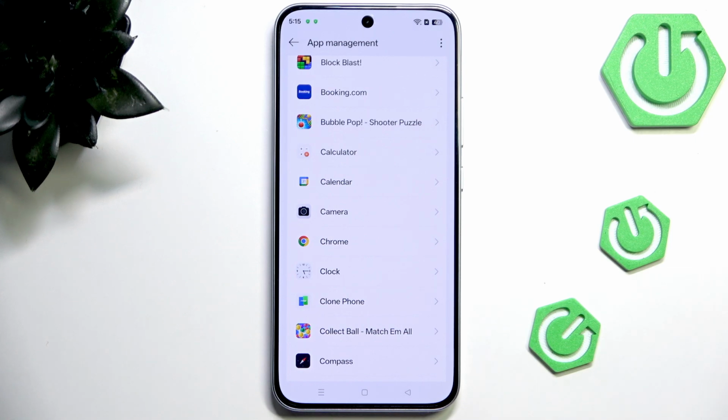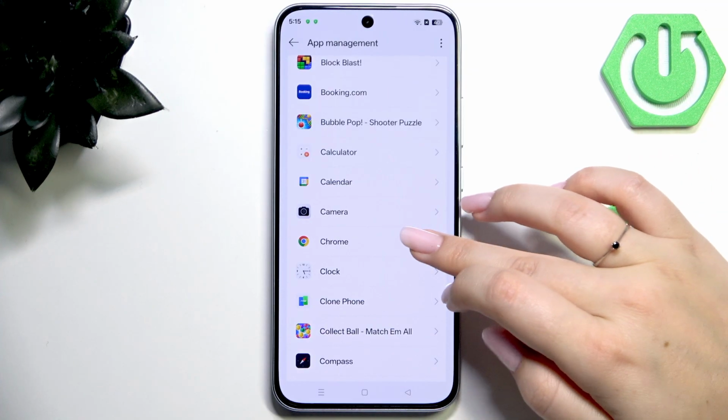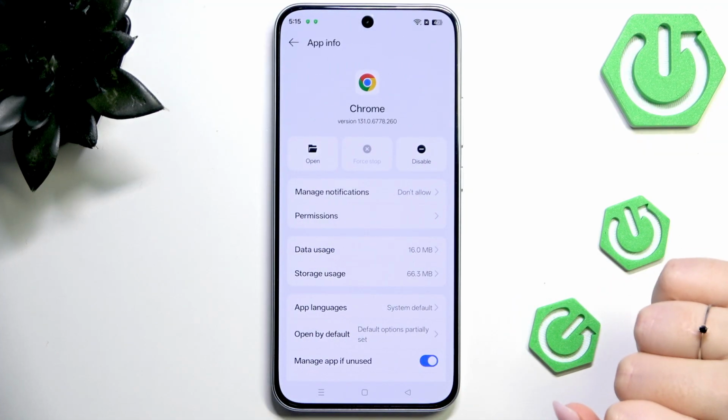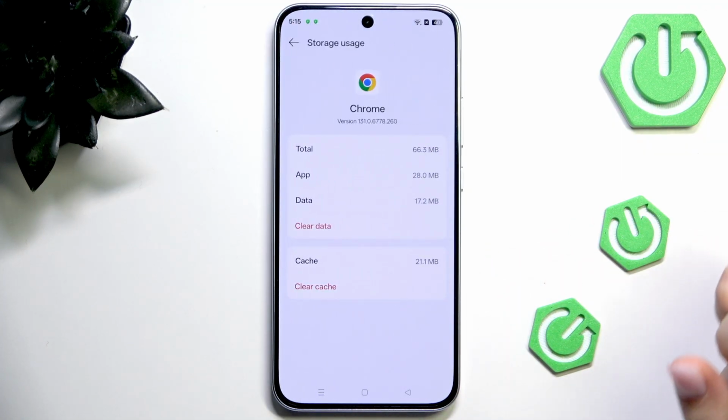Cache are junk files which are saved by your device, but they are not necessary for the proper usage of the app. Moreover, they are occupying quite a lot of memory. I mean, if we will sum up all of those apps, then there is a significant part of the memory occupied. So let's open the app, for example Chrome in my case, then go to storage usage, and as you